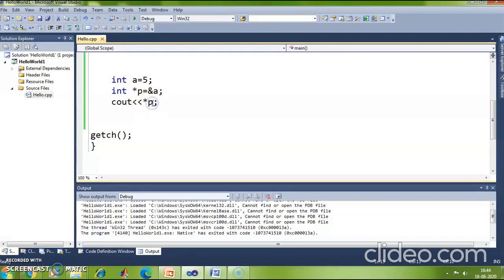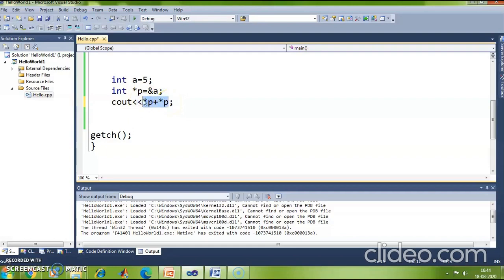If suppose I perform some operation on this pointer, for example, star p plus star p, that means I am adding the value of a with itself, right? Star p is nothing but the value of a. So I am adding the value of a with itself.